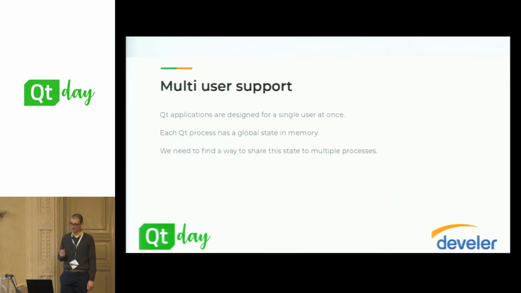Okay, let's talk now about multi-user support. As you may know, Qt applications are designed with a single user in mind. So each Qt process has a global state in memory, and if we want to support more than one user at a time, we need to find a way to share this state in memory between processes. Okay? And how do we do that? How can we let two processes communicate together? Well,